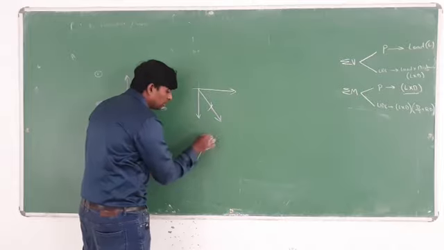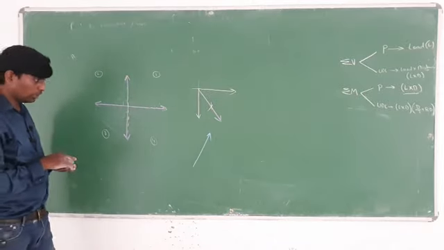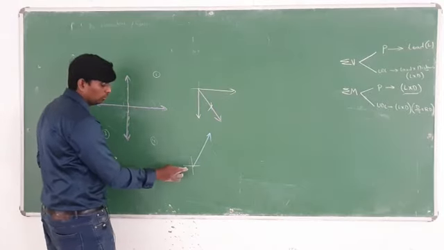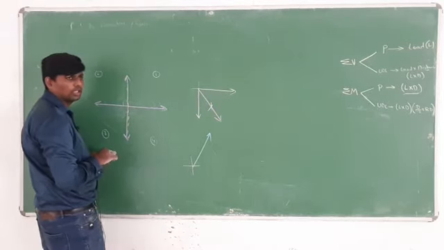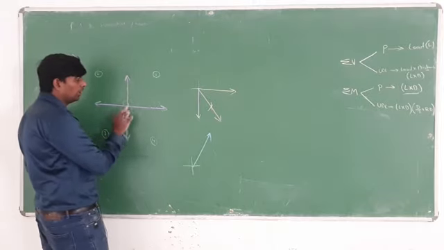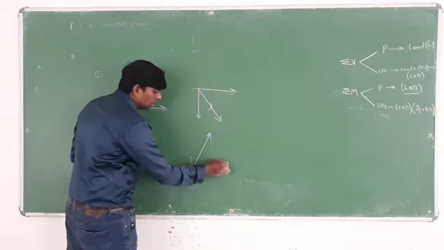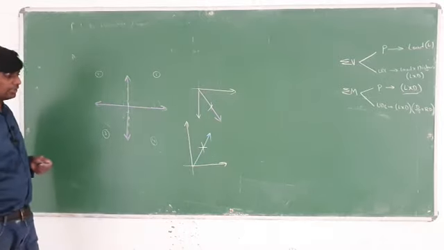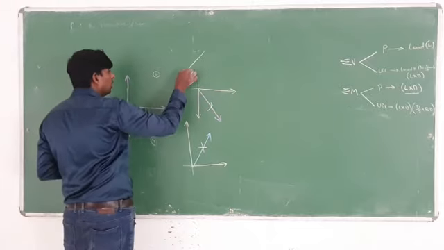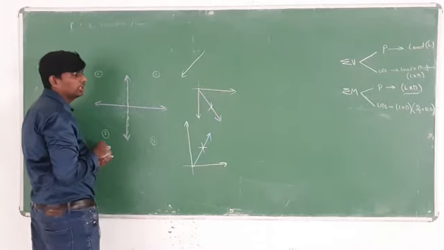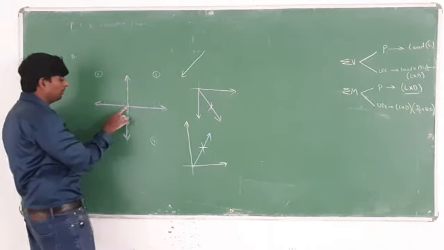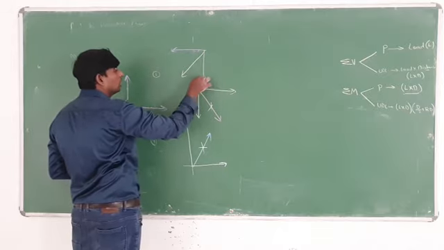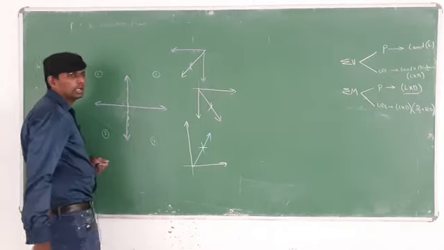See here, in which quadrant is it lying? First. On what basis? See here, you have to create the origin: 1, 2, 3, 4. What is the direction? Forward and upward. So this one you can take as forward, and this one as upward. You can cancel this one. Now tell me, in which quadrant is this lying? Third quadrant. What is the direction? Backward and downward. So this one you can take as backward, and this one as downward. Cancel this one. Like this you have to resolve.